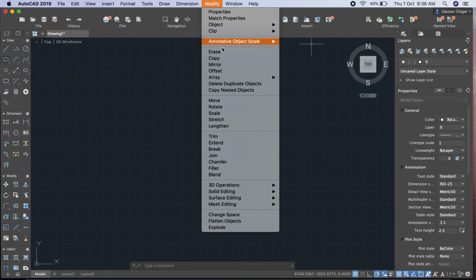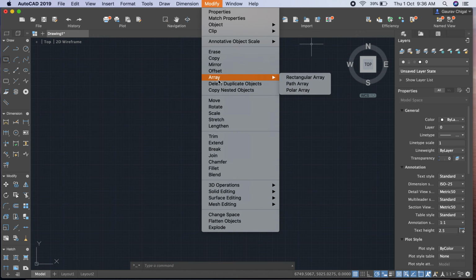Now come to your last option of this modify toolbar. We can also make a tutorial on these commands also, but first select these first 5 commands. Okay, then in the next tutorial we select these 5 commands, and then again so on. So this is how you can do your modify toolbar easily.